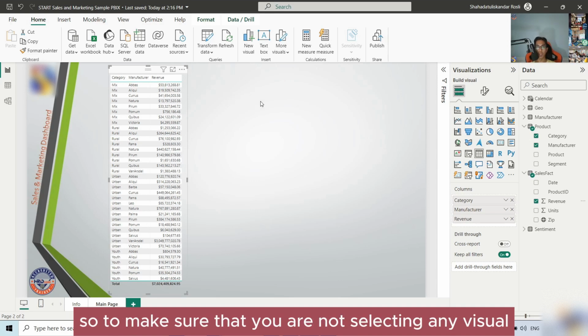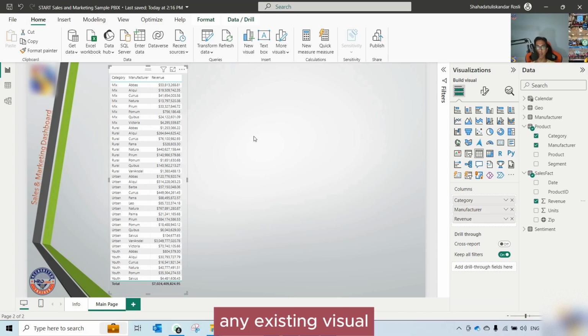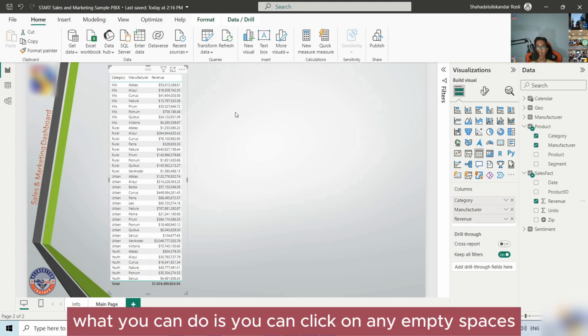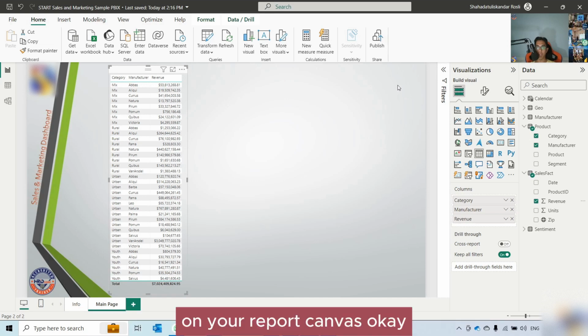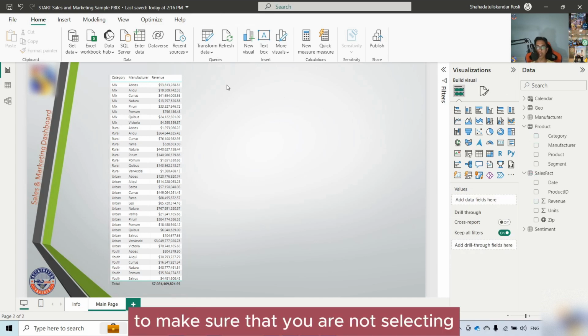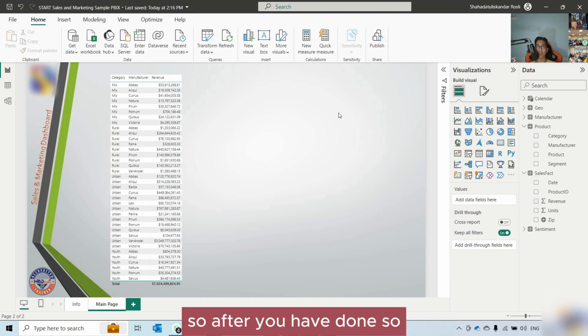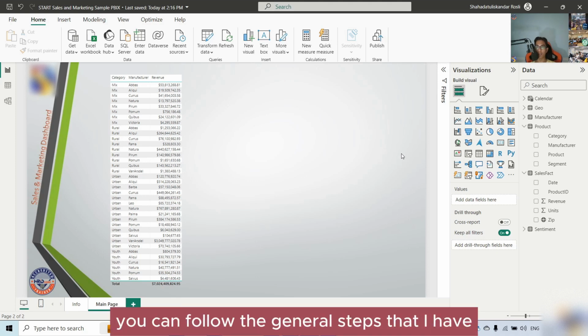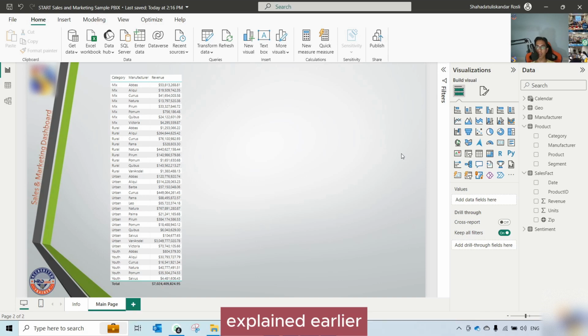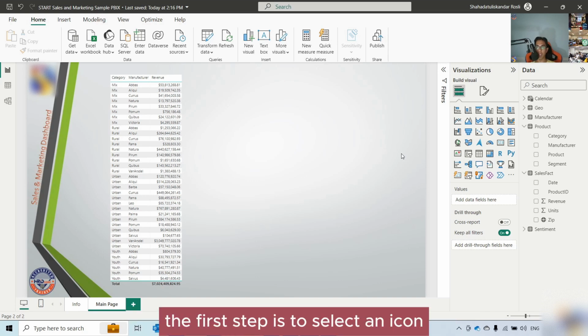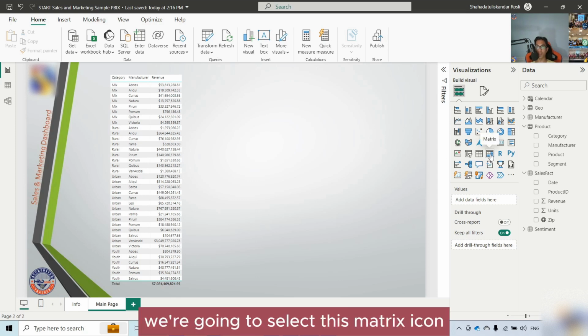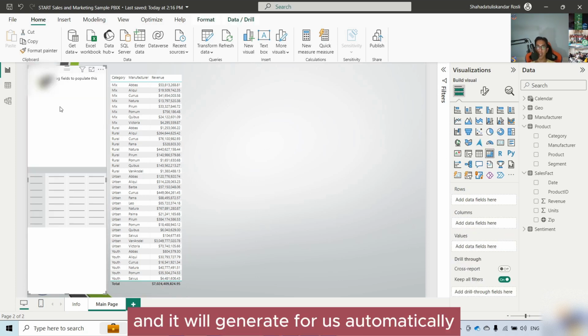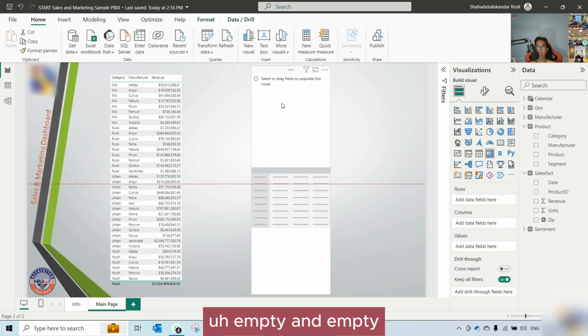To make sure that you are not selecting any existing visual, what you can do is click on any empty space on your report canvas. That's how easy it is. After you have done so, we are going to insert a second visual. To insert a second visual, you can follow the general steps that I have explained earlier. The first step is to select an icon. In this case, we are going to select this matrix icon, and it will automatically generate